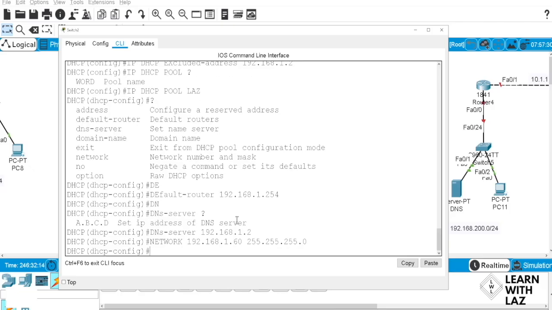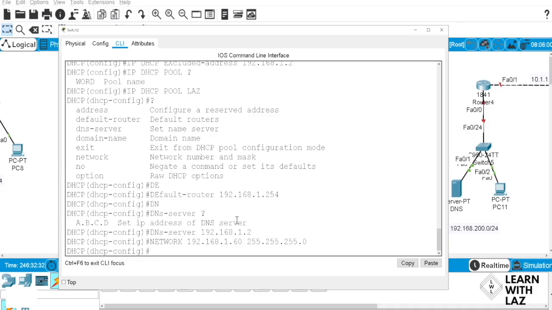Right, so that will be, because you can do that also in the DHCP server. Instead of excluding addresses, you can actually start at a particular range. So this will go from 60 to 254, let's say. All right, and then that's it.